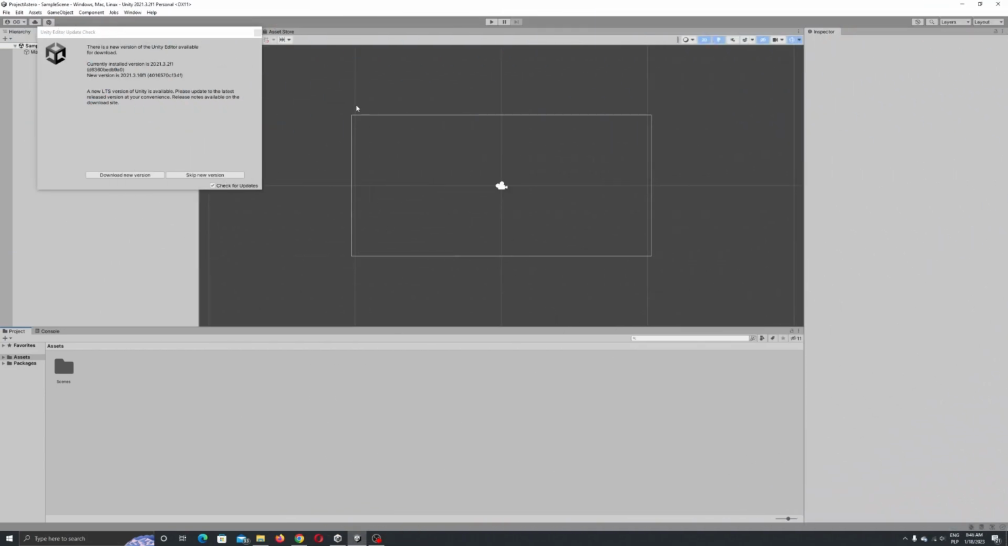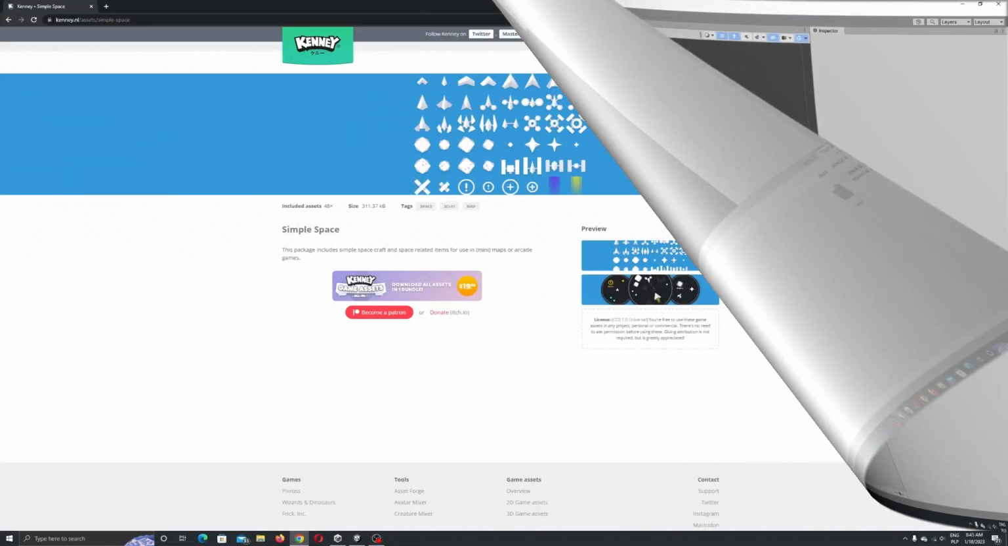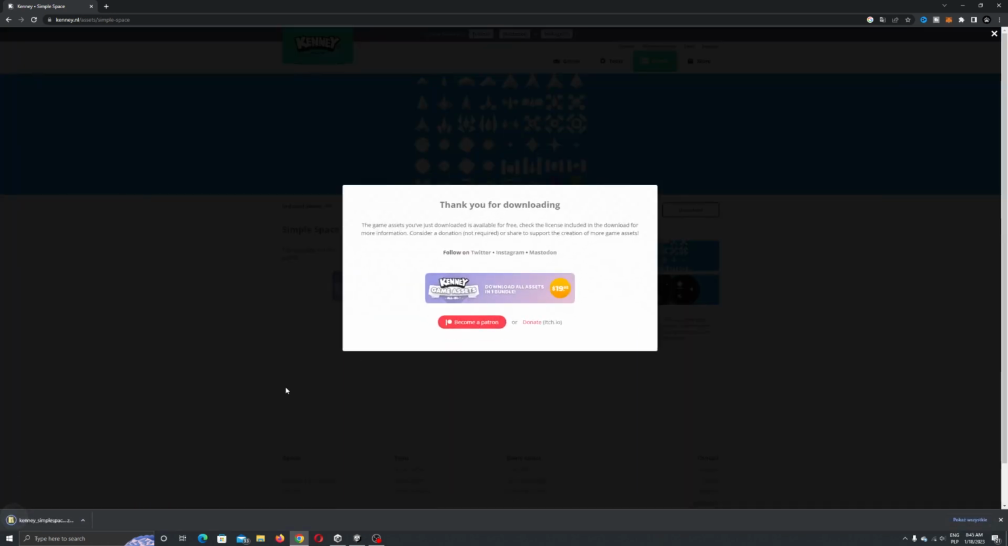Okay, so now our project has been created and this is the starting window of our project. What we are going to need is graphics, and I will show you how to get graphics for this project. For this game tutorial I will use graphics from Kenney's site. I will put the link in the description of this video. Of course you can get different graphics if you would like to, but I'm showing you my source of graphics for this project. If you press download, it starts downloading automatically, but you can of course donate to Kenney for